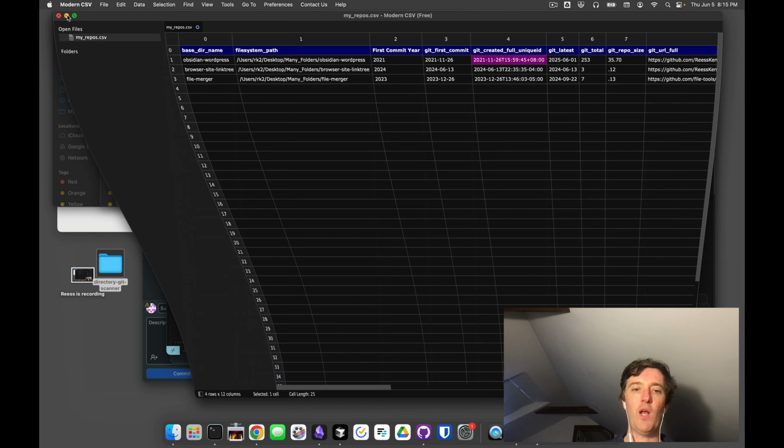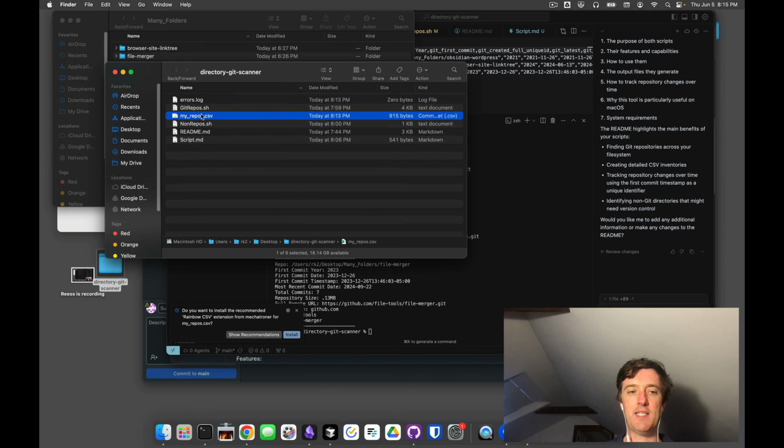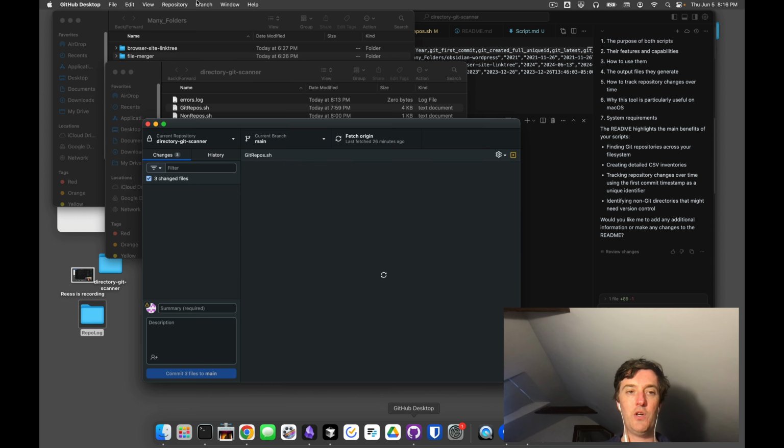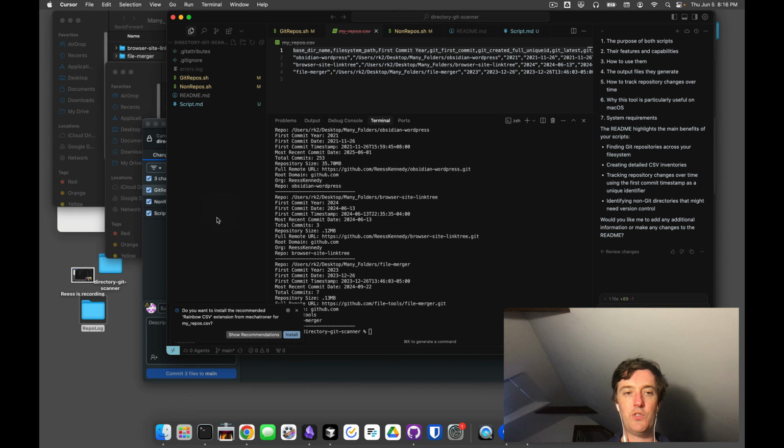So another thing that you can do is basically take this somewhere else and establish this as a dedicated repo log and just drag this in there. You could make this a Git repository. So we could drag this in here